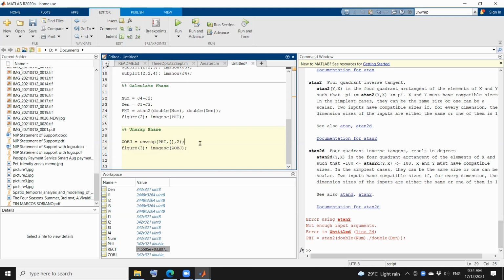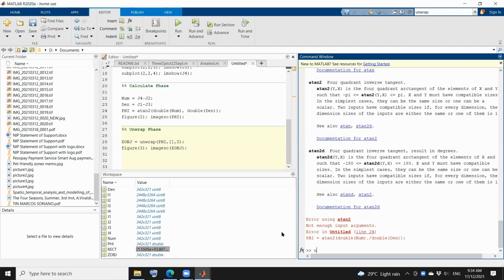But we can try and do this. Saglit, ha? I'll make my own unwrapping algorithm. Let me see. Diff. So what I'm gonna do is I'm trying to investigate. The unwrapping kasi, magdadagdag siya ng 2 pi kapag yung difference between